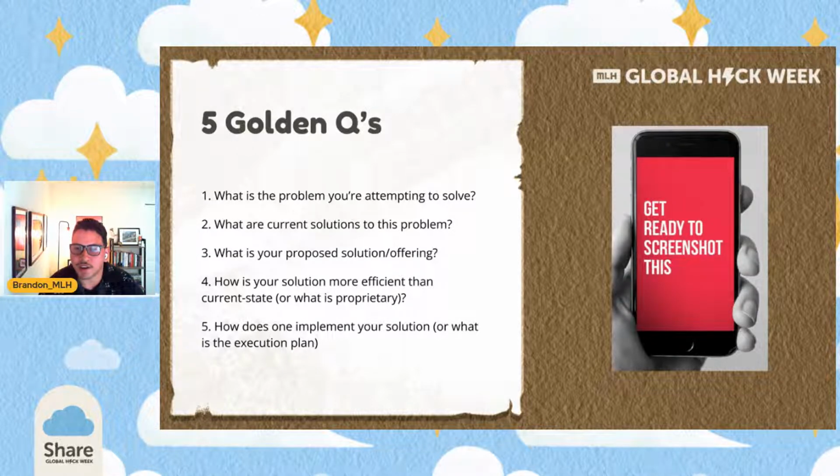Used to get a map to achieve things in life. I mean, kind of, sure. You could use these questions to plan out what you're going to be doing in life. Why not? I've got no qualms with that. Maybe the problem, what's the problem you're attempting to solve? It's like, okay, maybe you're trying to figure out what to do with your life. What are the current solutions? It's like, I don't know, get a job, work for 40 years, retire, die. That's one option. There's also all of the other ways you could go about your life. Go for it. Yeah, I love that. Use these questions to plan out.